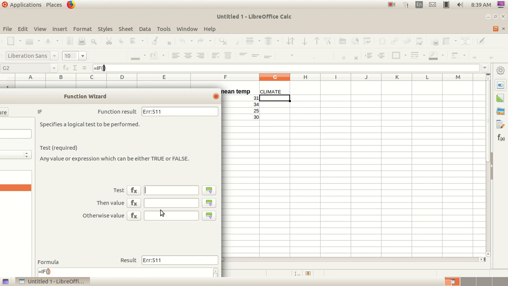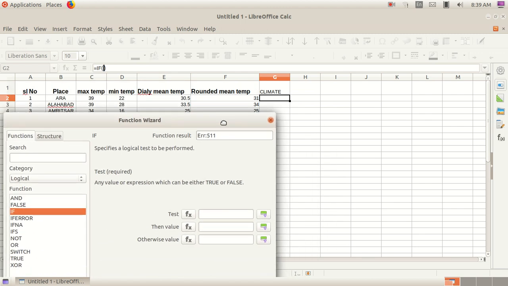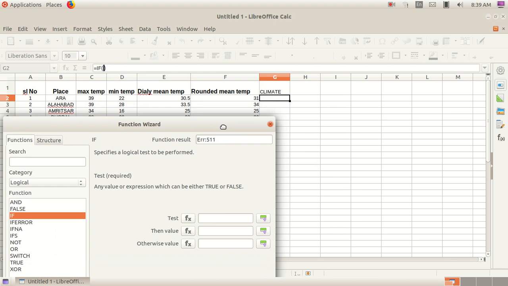Listen here, if the average temperature is below 30, so where is the temperature, the average temperatures column or rounded mean temperatures column, we can select it.